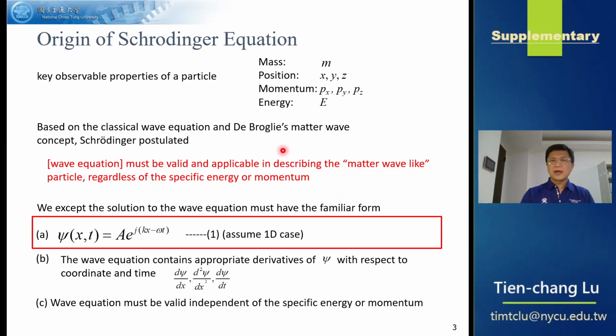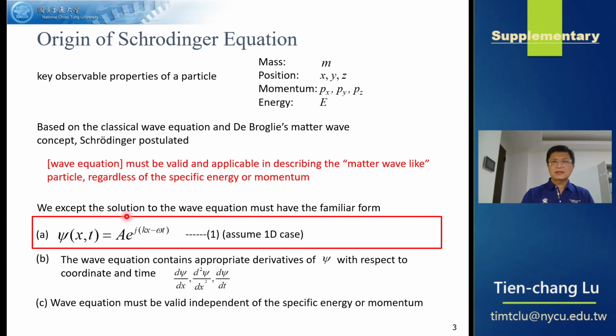The de Broglie matter wave particle is a particle, but it behaves like a wave. So we should be able to write down the wave equations that must be valid and applicable to describe the matter wave-like particle, regardless of their specific energy and momentum. Since the particle now can be regarded as a wave,